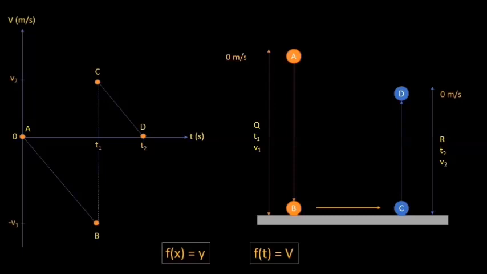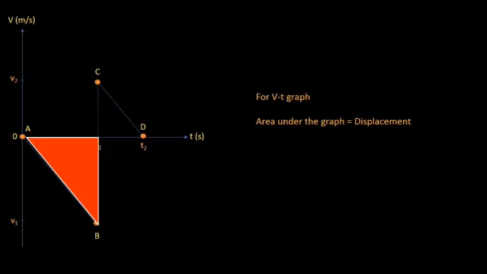Before I end this video, I would like to walk you through some aspects of theory regarding the velocity time graph. Now, in a velocity time graph, we can know how the velocity of an object changes with respect to time. We can also derive another two information from the VT graph. The first one is the area under the graph will give us the displacement of the object. What I mean is the area of this triangle will give us the displacement of the ball from A to B, and the area of this triangle will give us the displacement of the ball from C to D. So it's obvious that displacement of AB is longer than displacement of CD,